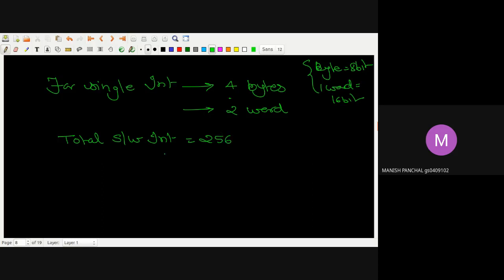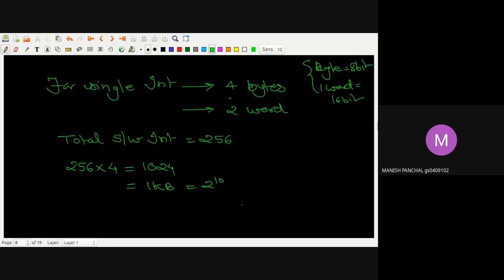So how many locations will I require? For a single interrupt, I will require 4 memory locations. So I will multiply this 256 by 4. I will get 1024, and this 1024 can be written in the format of 1 kilobyte. Because 1 kilobyte is nothing but 2 to the power of 10, I can write this 2 to the power 10 as something like